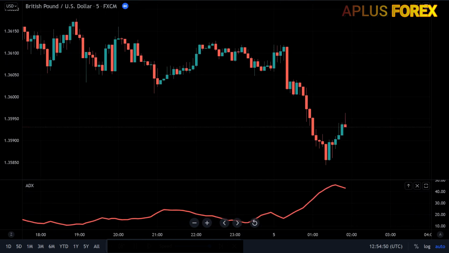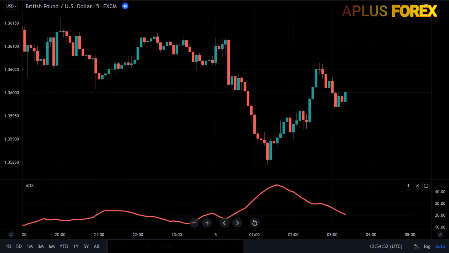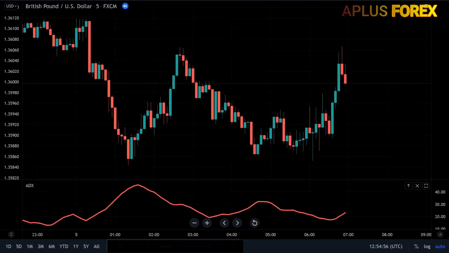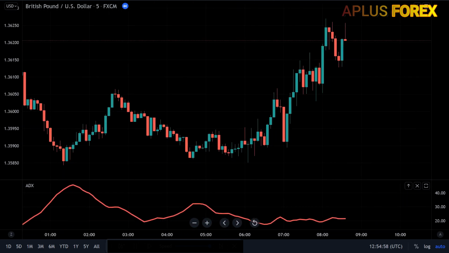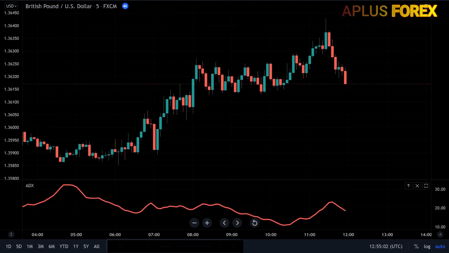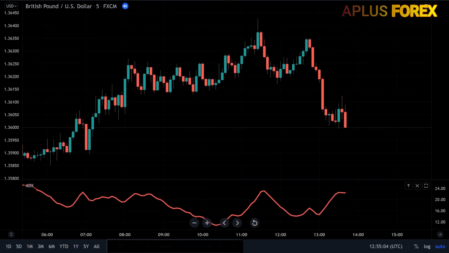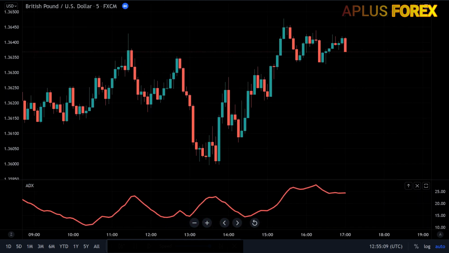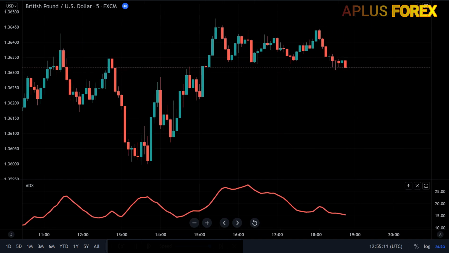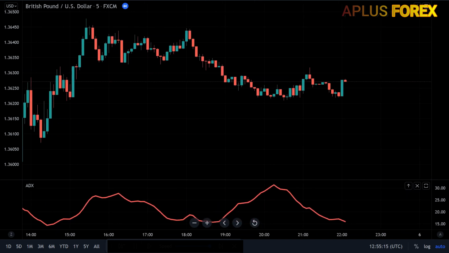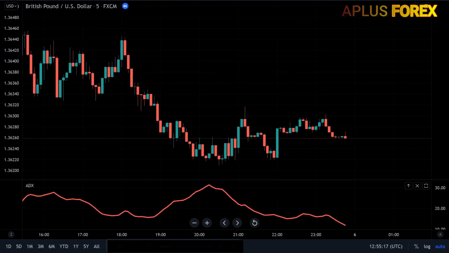The ADX not only identifies trending conditions, it helps the trader to find the strongest trends to trade. The ability to quantify trend strength is a major edge for traders to be more profitable in the market by letting their trades run. ADX also identifies range conditions, so a trader won't get stuck trying to trade in a sideways market, and this gives you an opportunity to exit the market and take your profits.